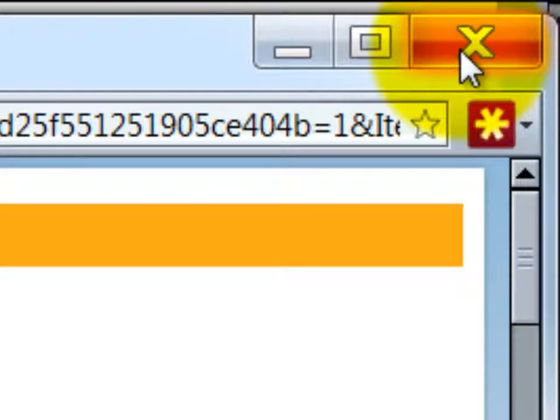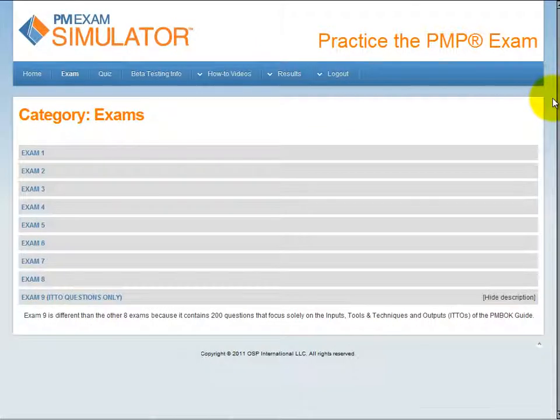But be warned, because once you click the X, you cannot come back and select the detailed question explanations anymore. Once you close it, you are back at the start on the screen from where you started the original exam. And that's how you start an exam in the PMP Exam Simulator.